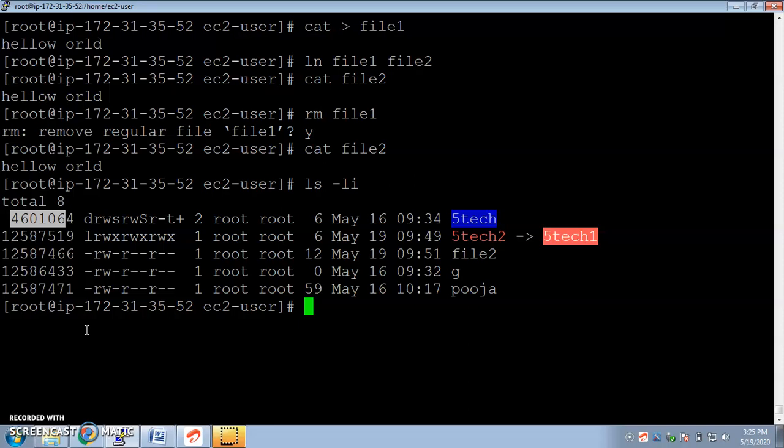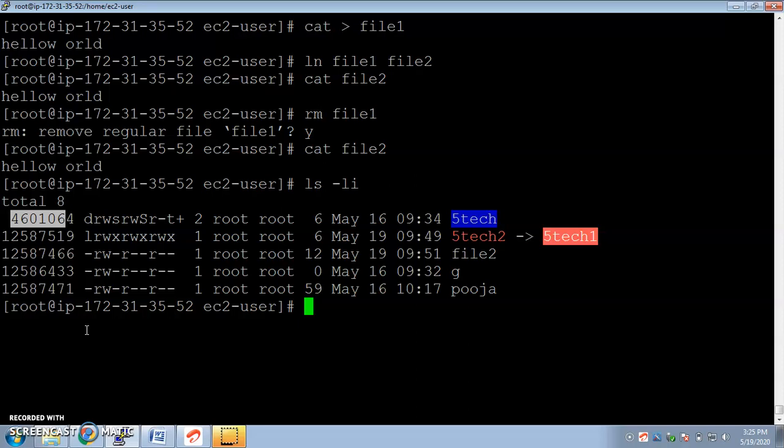In hard link, inode numbers are the same for both files. Second important thing, in symbolic link you can connect even directories, whereas in hard link you cannot connect directories.